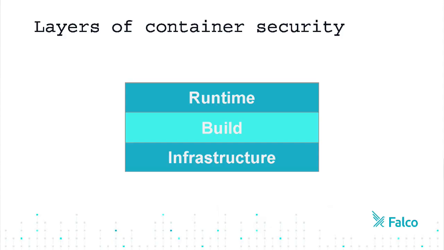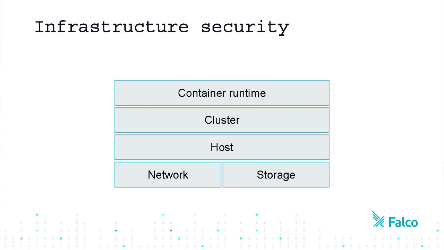If you're trying to implement container security, there are at least 3 different layers where you can take action. You need to secure your infrastructure. You need to adopt secure processes on how you build your containers. And you need to look at what's happening in production when the container has started to run. We are going to look at the 3 different phases. If you're looking at infrastructure security, you need to look at the network, storage, host,